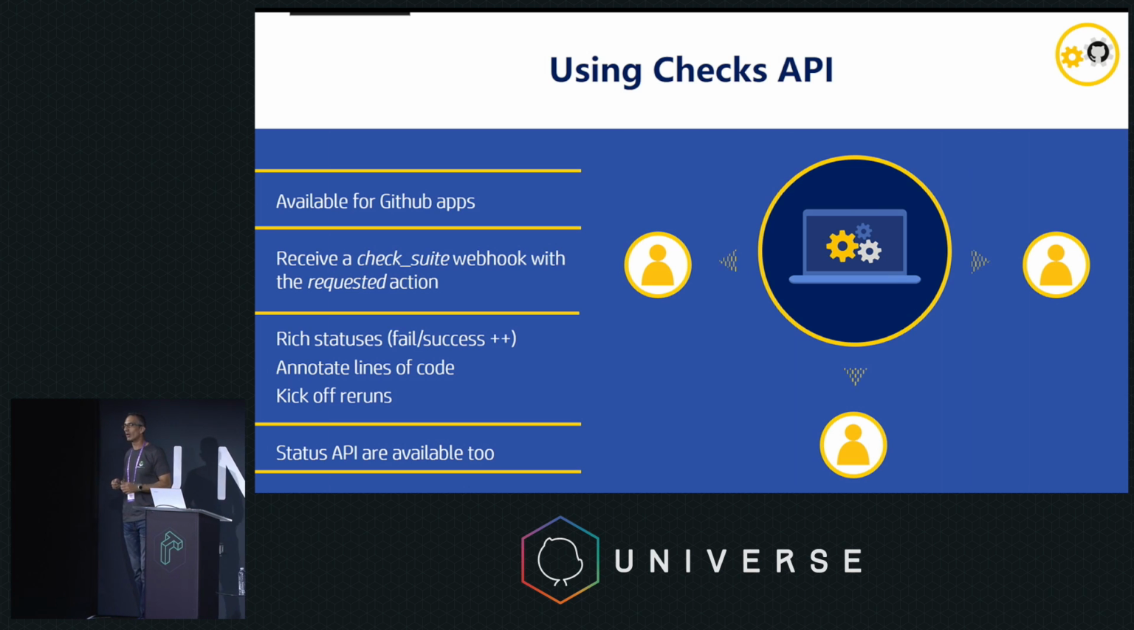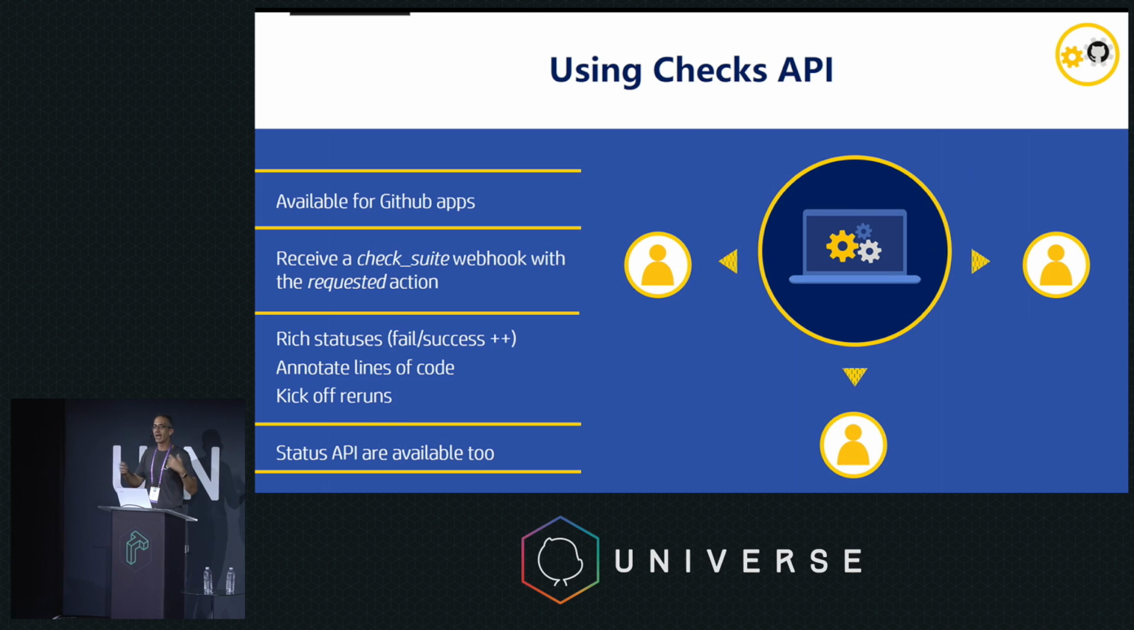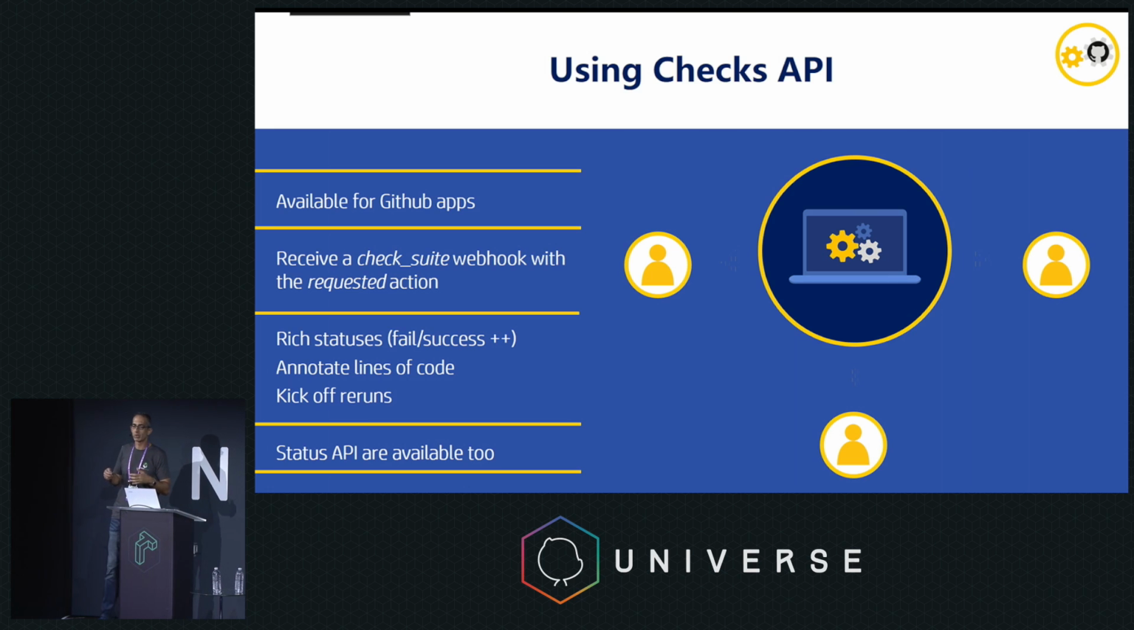And a little bit more on GitHub checks APIs. Again, it's available for GitHub apps. Basically, it's another set of webhooks that you receive. Whenever checks APIs are running and you subscribe to events, you will receive a check suite webhook with action called requested, and then you can basically understand the full payload and what's in there, which request, and what was requested